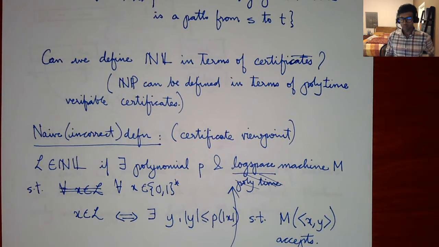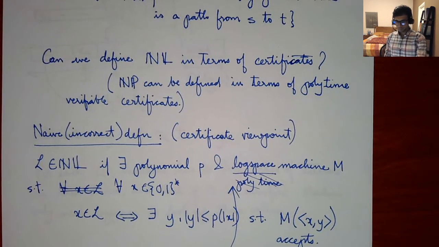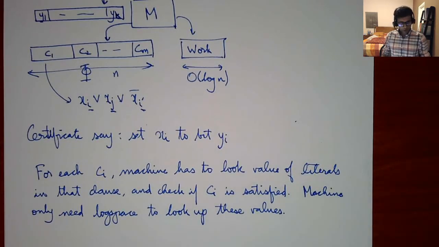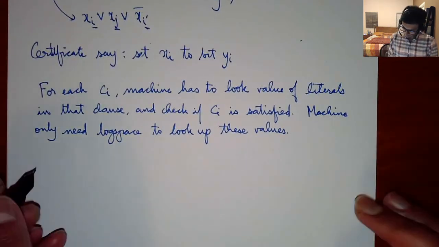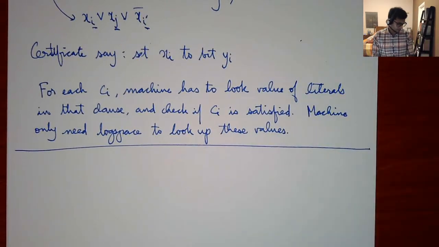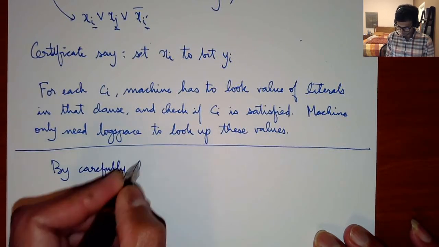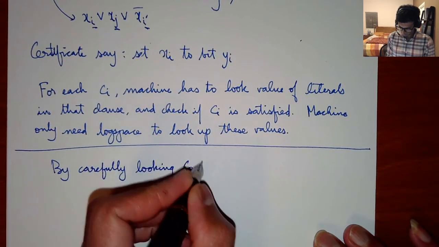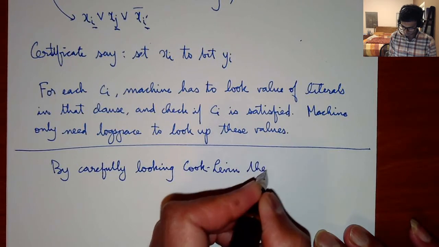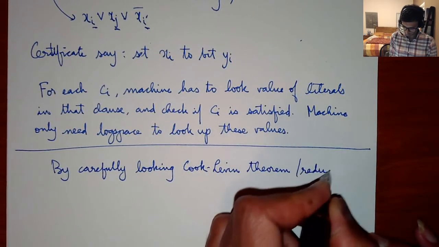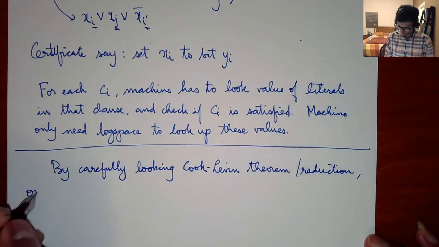Whereas what you expect if you have two different characterizations, at least at this level, is that one should follow from the other fairly easily. And we'll see that there is a viewpoint with certificates that follows fairly easily. Now I'm not going to go through this proof in great detail. I'm just going to write this here. By carefully looking at the Cook-Levin theorem, or technically the Cook-Levin reduction, one can show